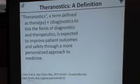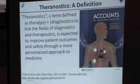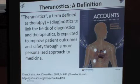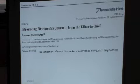Hopefully the diagnostics and the therapeutics come together to improve patient outcomes and safety through a more personalized approach to medicine. So this is a journal we put together, a whole issue last October, about 28 papers altogether from experts around the world, talking about different aspects and applications of nanomaterials in medicine and the potential problems and toxicity issues. We also came up with a new journal to discuss theranostics, especially nanoparticles related to theranostics,